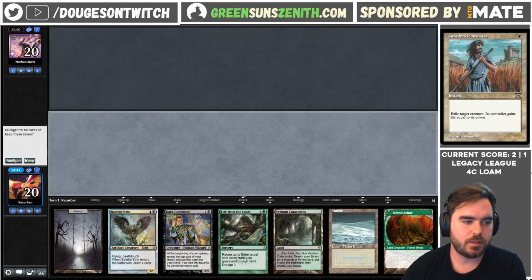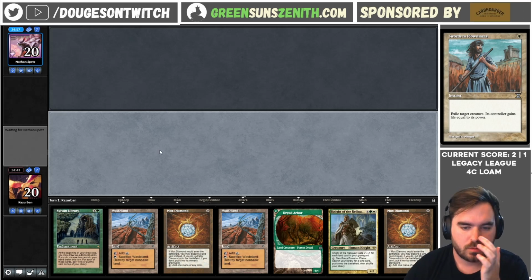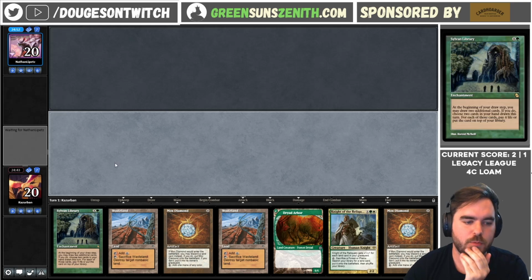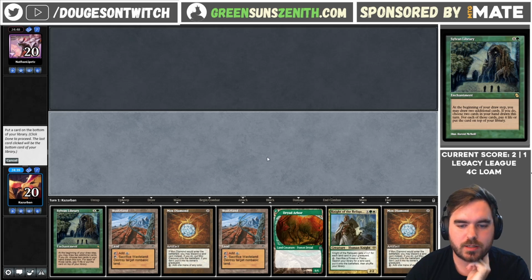I am going to mulligan this. I do want to have a Mox Diamond start, and this is a Mox Diamond start, so pretty happy. Pretty happy just to drop the Dryad Arbor here, and probably just lead on with the Sylvan Library. I think in this case my opponent is... we're probably looking at something like...